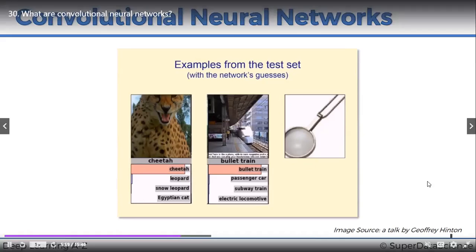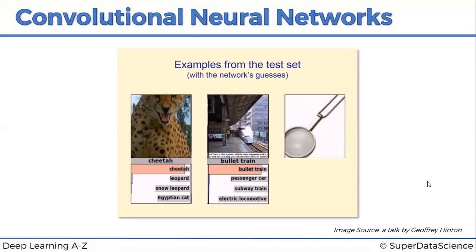Those are basically the top choices of the course. It had many more options. So these neural networks learn to distinguish between not just four categories but dozens, even thousands of categories at the same time. So those are the four options that it picked. So that's a bullet train, and it's a bullet train.